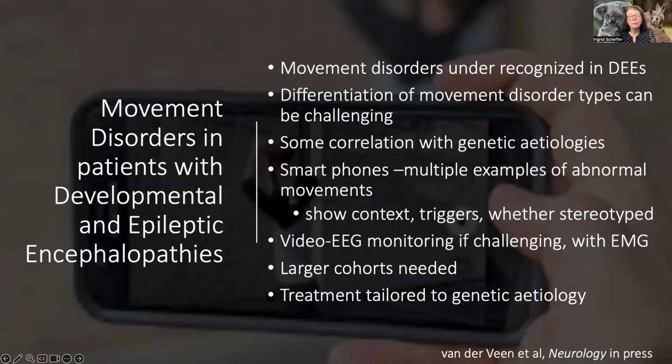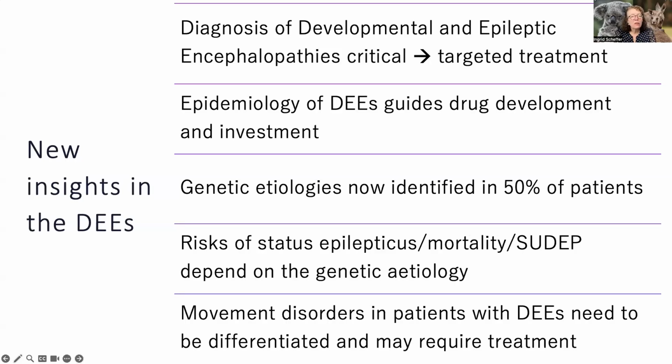genetic etiology. So in concluding this talk, understanding what a developmental and epileptic encephalopathy is critical, so that patients can be diagnosed with these diseases. The cause can be found, and we now have 825 genes that lead to DEEs, and then treatment can be targeted to the genetic disease, which today might just mean choosing the right anti-seizure medicine, but in the near future, hopefully, will mean gene therapy.